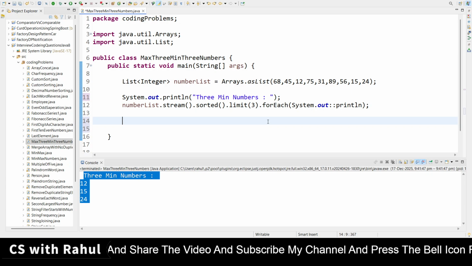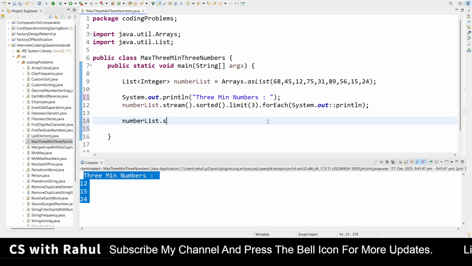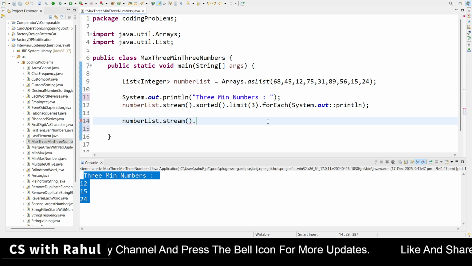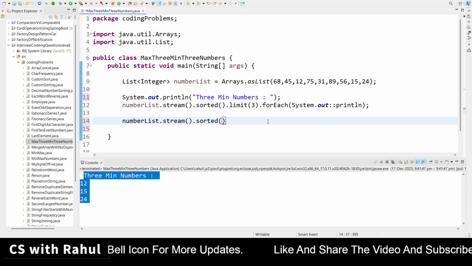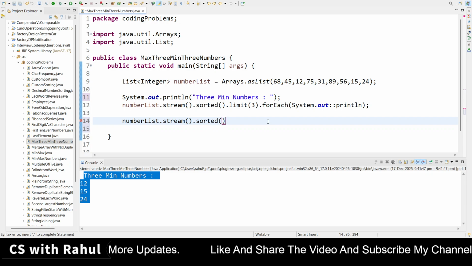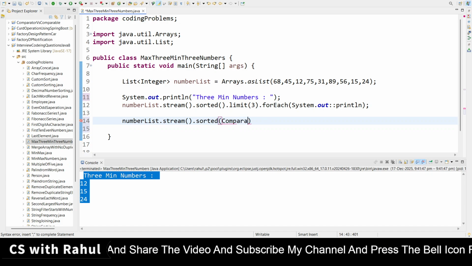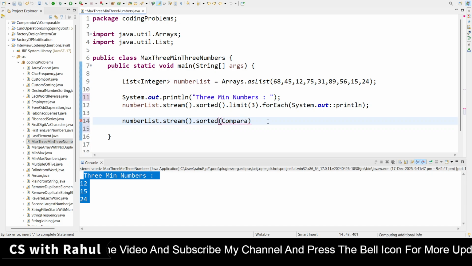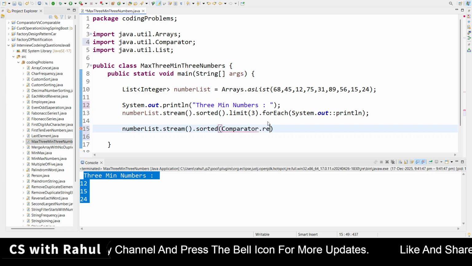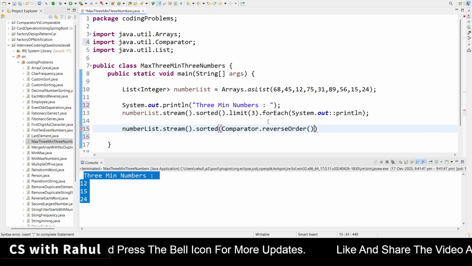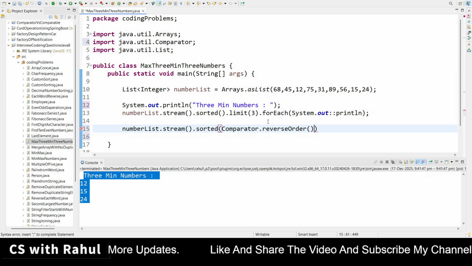Same as we can do with our list: numberList.stream().sorted(). I have called the sorted method again to sort it. But we need to tell the compiler, by using Comparator.reverseOrder, because Java 8 is providing us the facility, right?